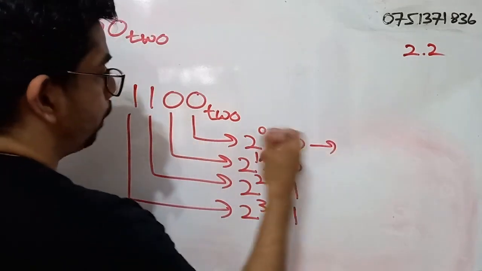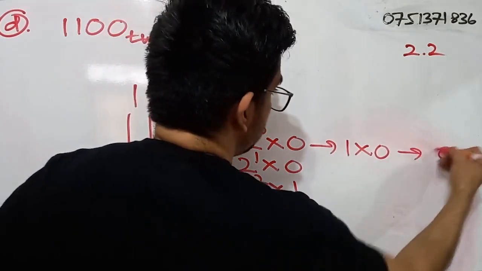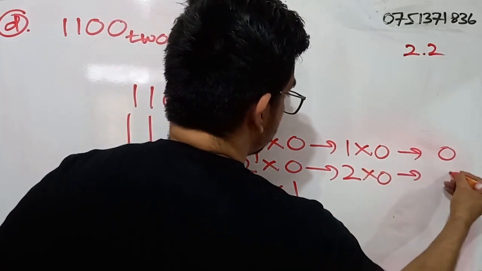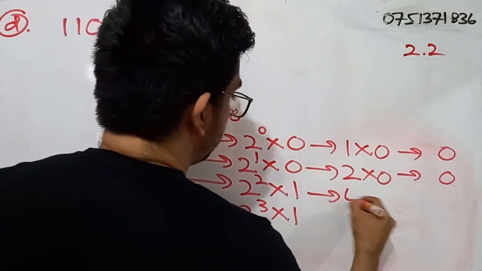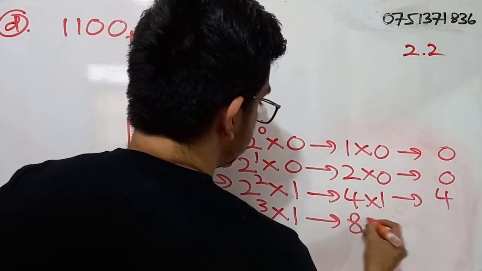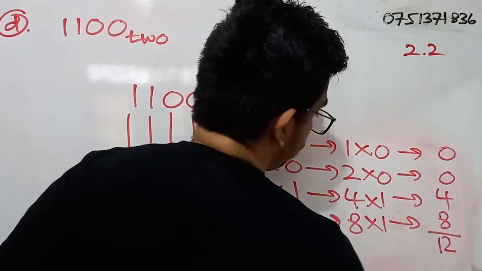Okay, so 2 to the power 0, that is 1. 1 into 0, so it will be 0. 2 to the power 1, that is 2. 2 into 0, we get 0. 2 to the power 2, that is 4. 4 into 1, we get 4. 2 to the power 3, that is 8. 8 into 1, that is 8. When we add these numbers together, we get